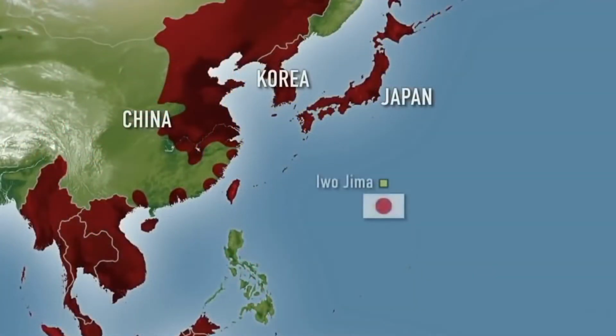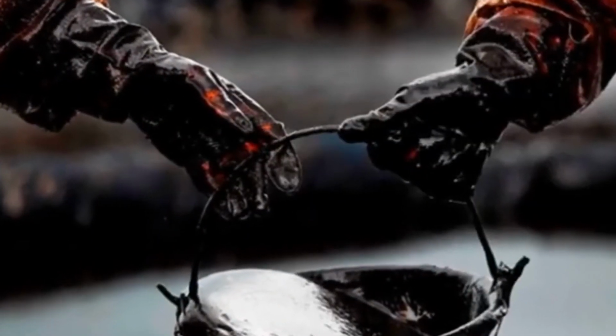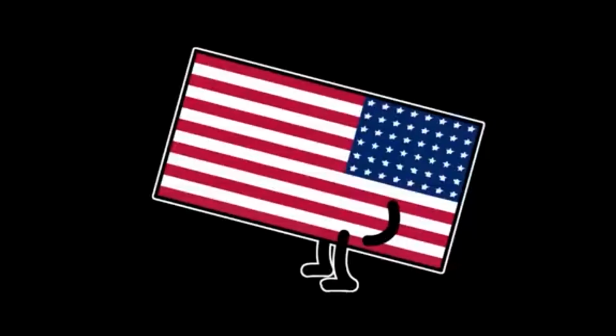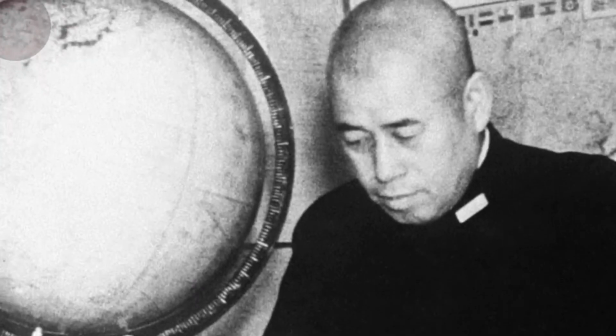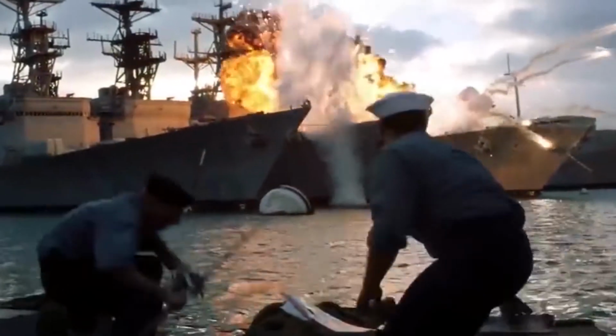This idea was to capture the colonies of European countries that are already engaged in a war on the other half of the globe. From these colonies you could get oil that the Japanese lost when they were embargoed. But they were not only colonies of European countries but also American ones. Admiral Yamamoto calculated that if the United States entered the war, Japan would be able to win in 6 months. But if they failed to succeed in this period, they would lose.